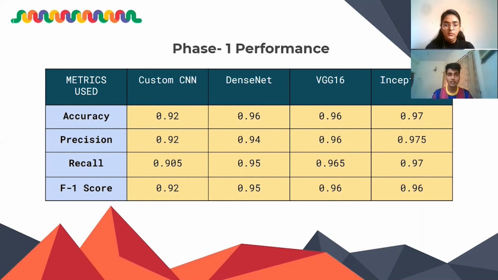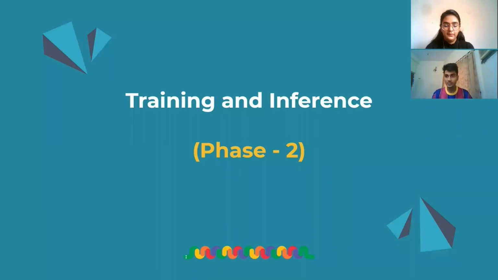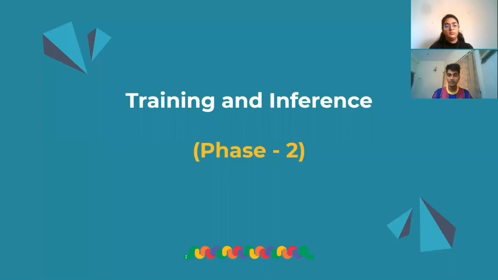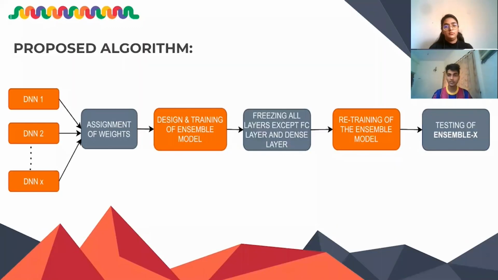Moving forward, this is phase two, and I think this is the contribution. This delineates the contribution that we had in order to build the ensemble model using the last four architectures that we talked about. So this is the algorithm. What we first do is take the deep neural networks. You can take as many as you want, as few as you want. It's up to you. According to the results that we get here, we assign nonlinear weights to these models.